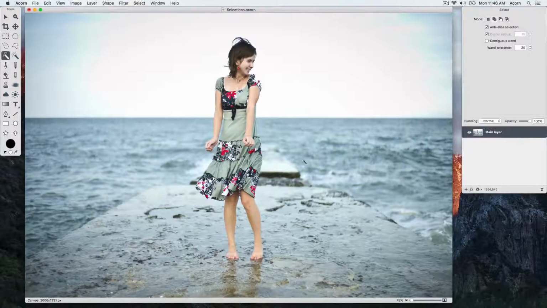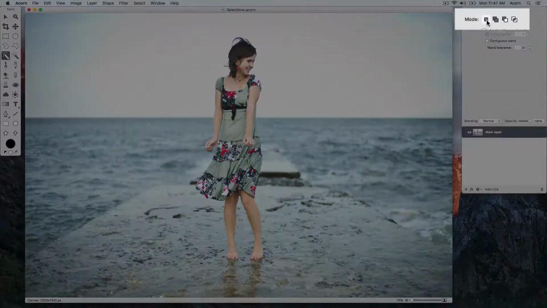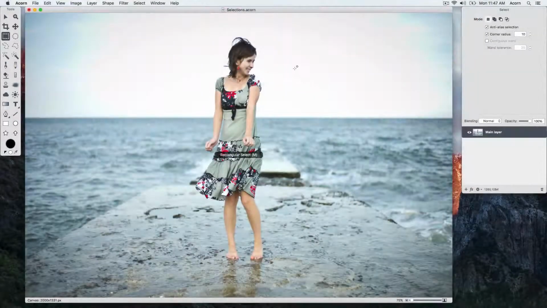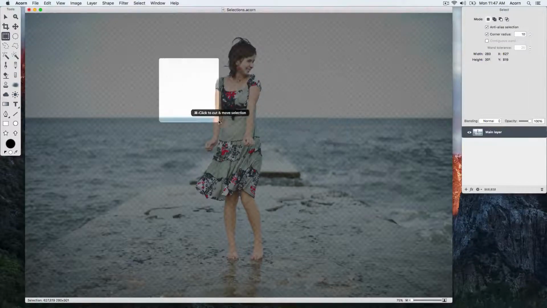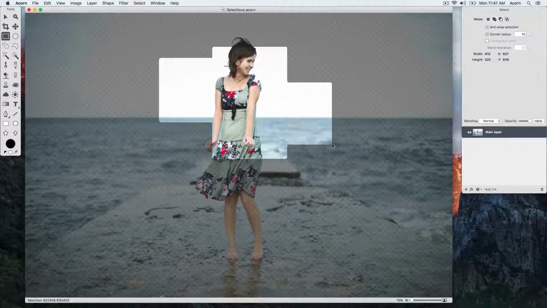Now, we're going to talk about the different selection modes. Right now, we're in regular mode. Each time we draw a selection, it will be replaced by the most current selection. If we choose Addition mode, Acorn will combine the selections into one selection, so you can create neat-looking selections this